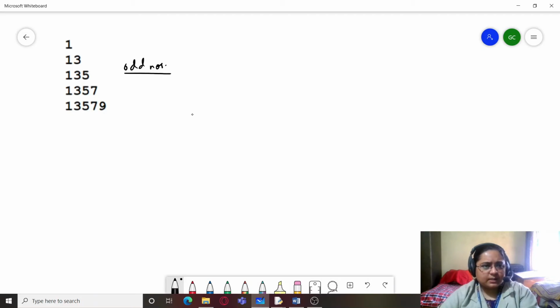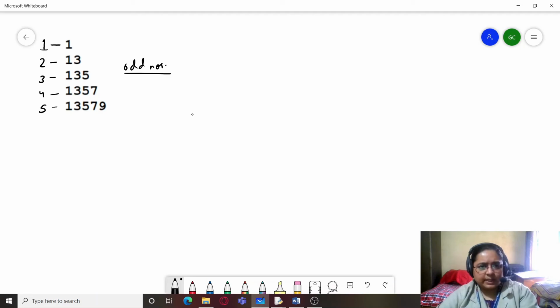The first line contains 1, the second line contains 3, the third line contains this, and so on. So you can easily make out that the first line contains 1. Can we generate these numbers?